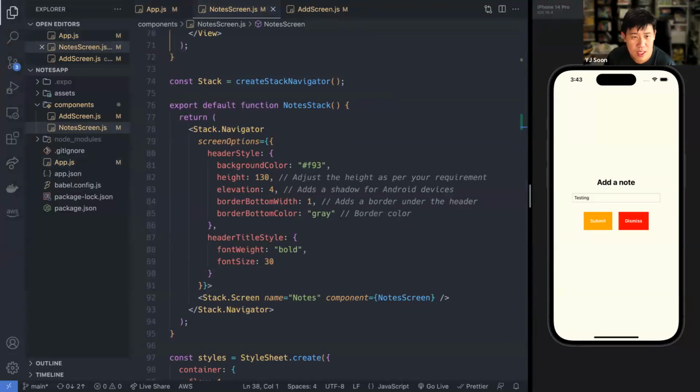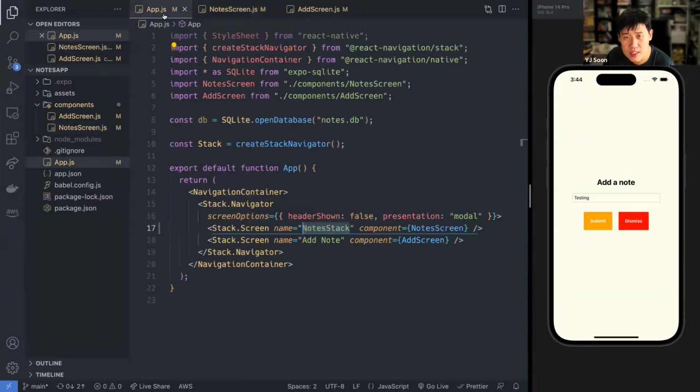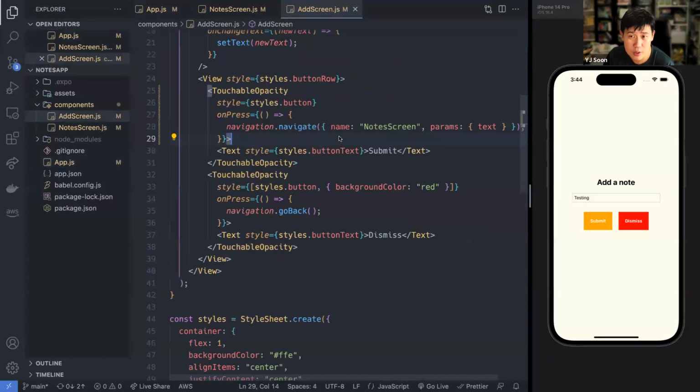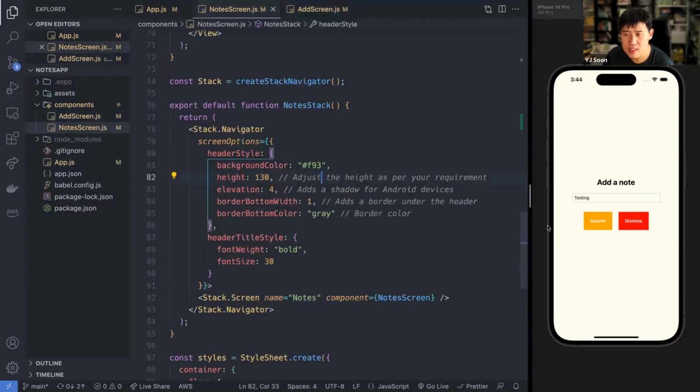Okay, so just want to be absolutely sure about this. So down here, notes is the one that is inside your note screen. Let me check my notes real quick. So the inner stack has it as notes. Okay, so this guy is called notes, and this guy was also called notes. I wonder if that was causing problems. So let me just switch back to the previous syntax. I suspect the generative AI might have just been hallucinating on that. Okay, let's test.